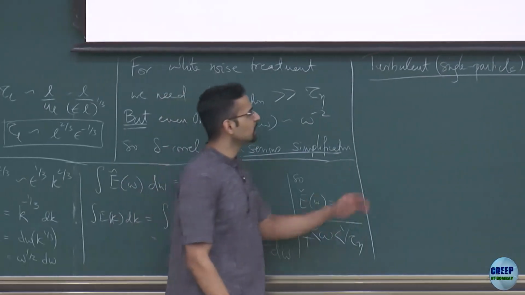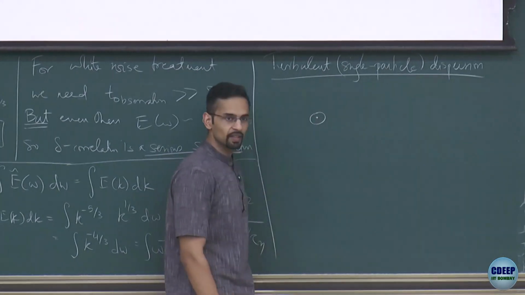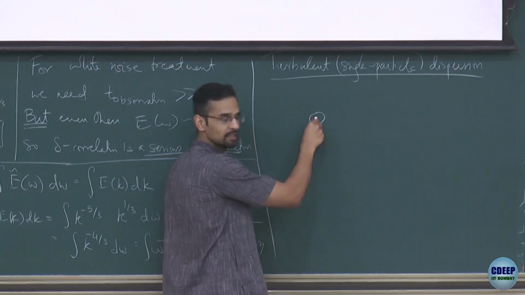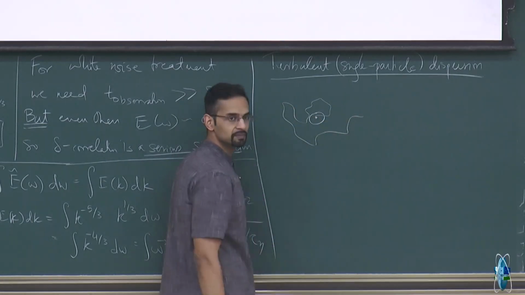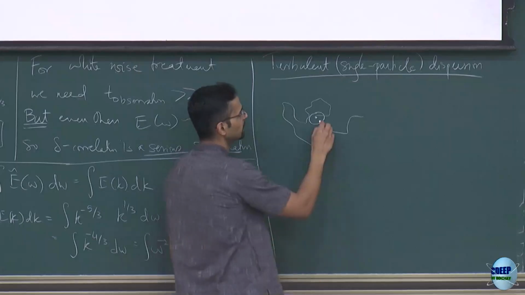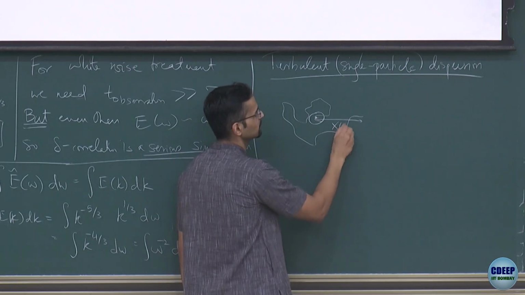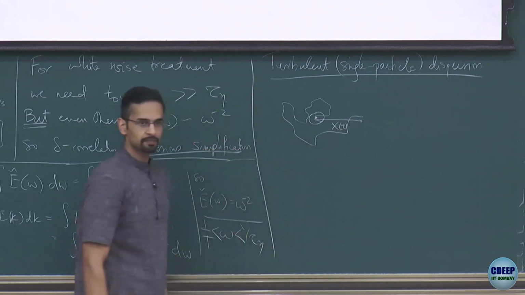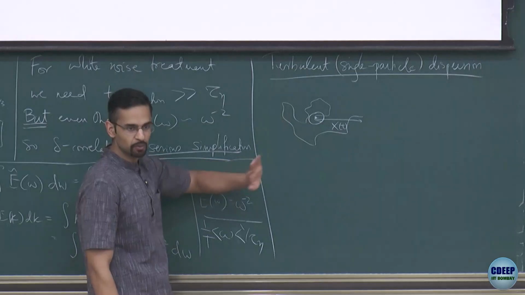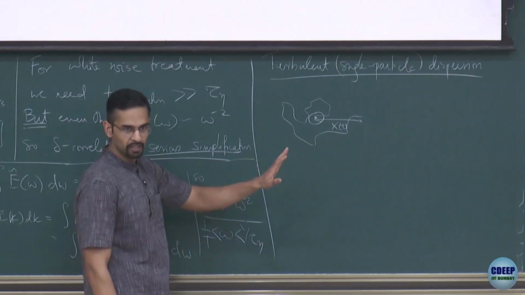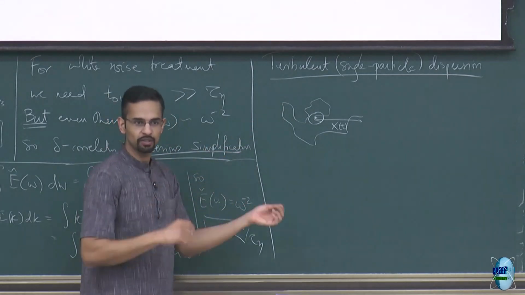Okay, so for now, what I'm doing is I'm saying there is some origin, okay, and I release a particle here, and then I see how it evolves in time. Okay, and then at any time I'm taking this distance, and I'm going to call it x of t. Okay, so now there is a turbulent flow. This particle is just a tracer. There is no Brownian motion. It's just following the flow. Okay, but the flow field is turbulent, so the particle can go forward, backward, and so on.